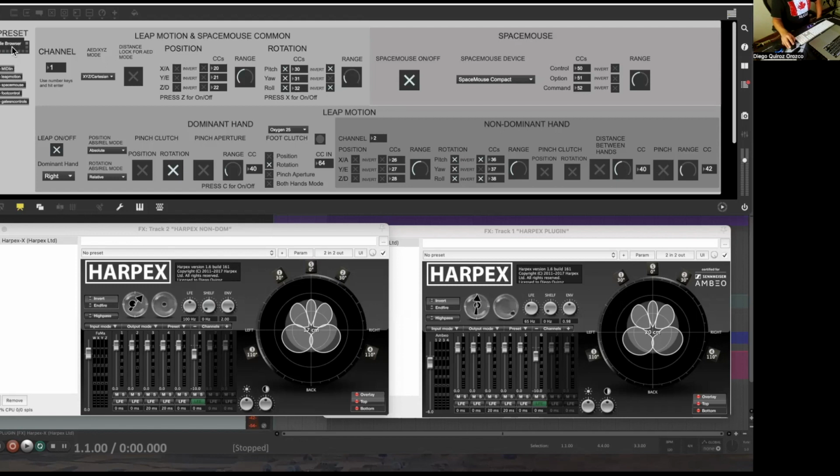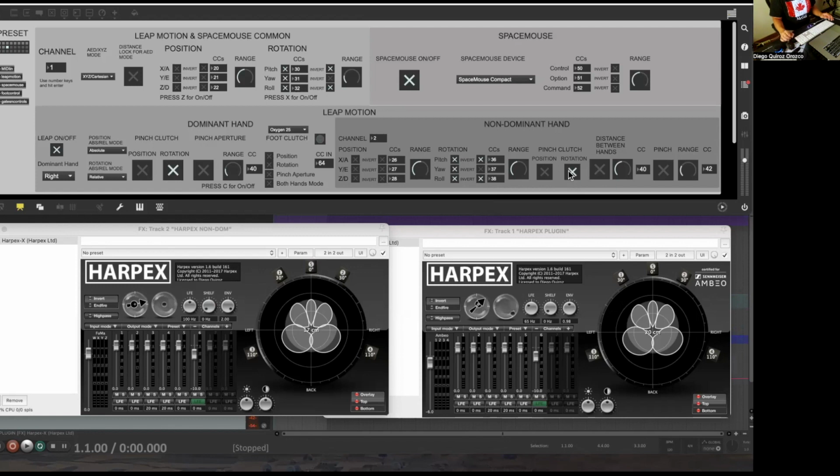And lastly here, I didn't do a preset, but you can do both hands. So you can put this, let's say the foot clutch, on both hands mode, and then finally we'll do it with a pinch. But we can start here, and I'll try to do both hands at the same time. So we have the non-dominant, which is the left hand for me, over here, and with the right one. So here the clutch obviously is working for both objects. But instead of using the foot controller, we can also use